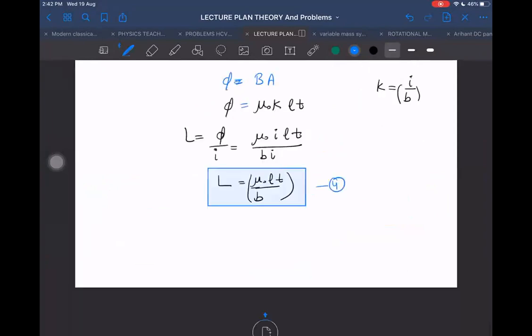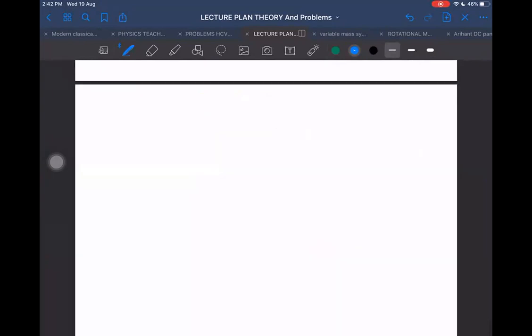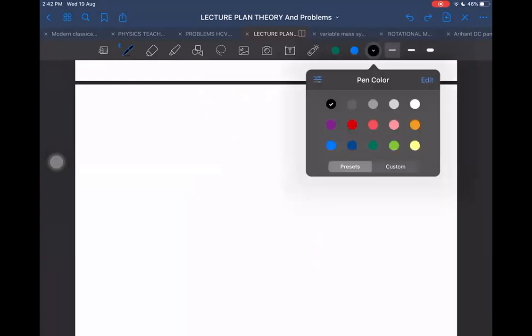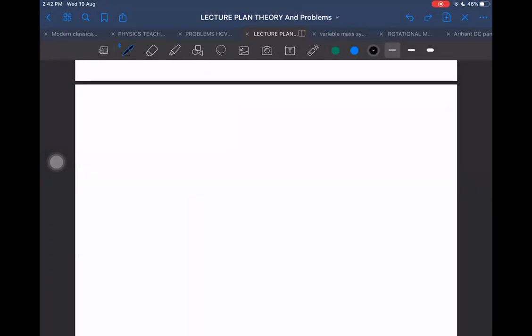I think I have one more case I can see. First of all, there should be a closed loop, and we should be able to find the magnetic field. If we are able to do both, then only we can find the self-inductance. Otherwise, we cannot find it. I have determined the field in one more case, and I don't know if you remember it or not, but I have told you before.